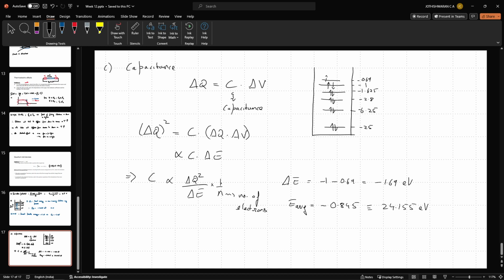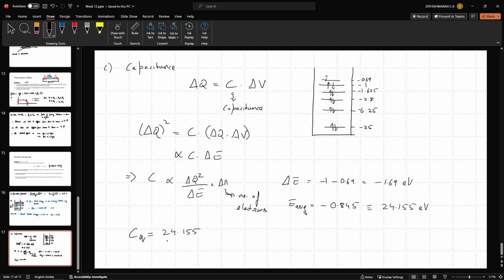Now this divided by n times... I'm sorry, it should be 1 by n, multiplied by delta n, because delta n will be over here as the average energy. Okay, so now C quantum is equal to 24.155